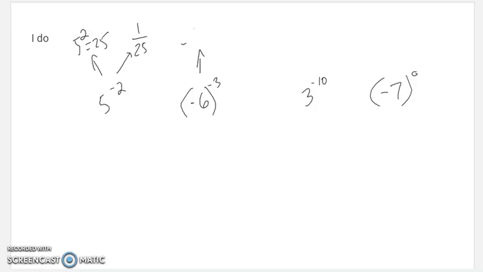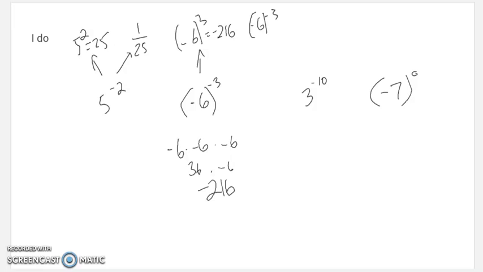Well, if I did -6 to the power of +3, I'd get -6 times -6 is 36. Times -6 again, I think that's -216 if my memory serves me right. So if -6 to the power of +3 is -216, then -6 to the power of -3 is 1/216, or